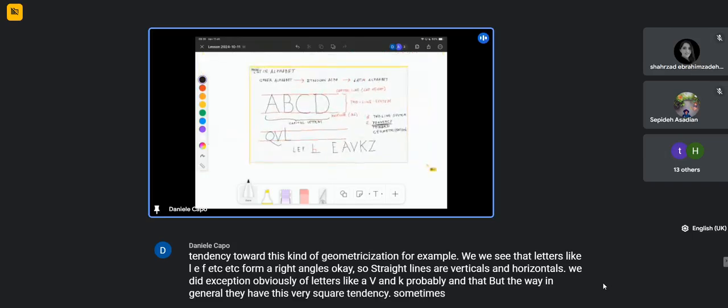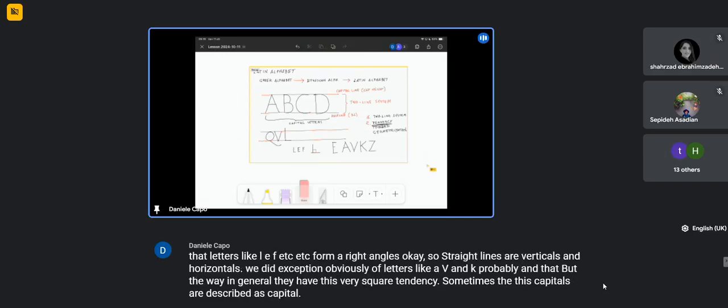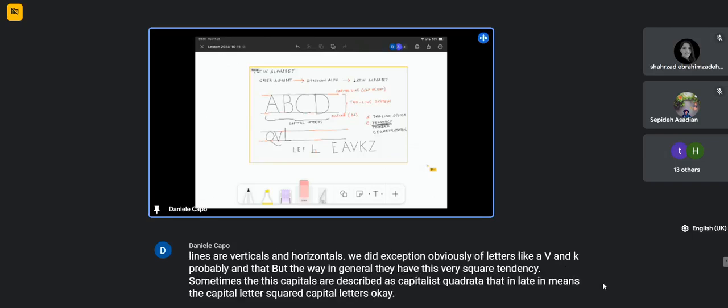By the way, in general, they have this very square tendency. Sometimes these capitals are described as capitalis quadrata, that in Latin means squared capital letters. Okay, so